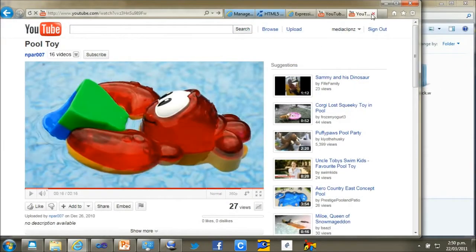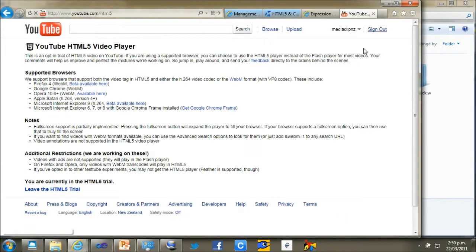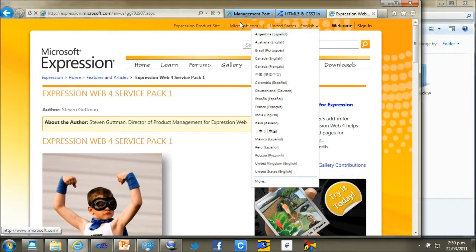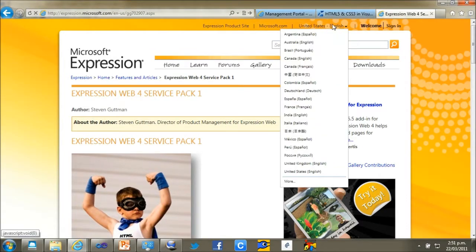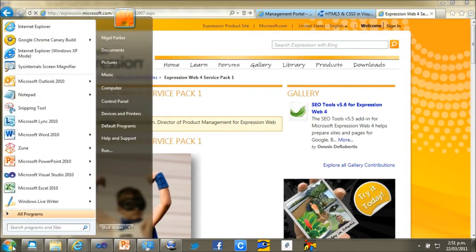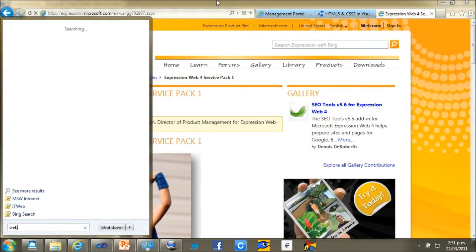So I'll just close that, and I'll close my browser here. So what happens if you want to start to incorporate HTML5 into your own websites? Well, one of the things that we have done is if you open up the Web PI, this is the Web Platform Installer,